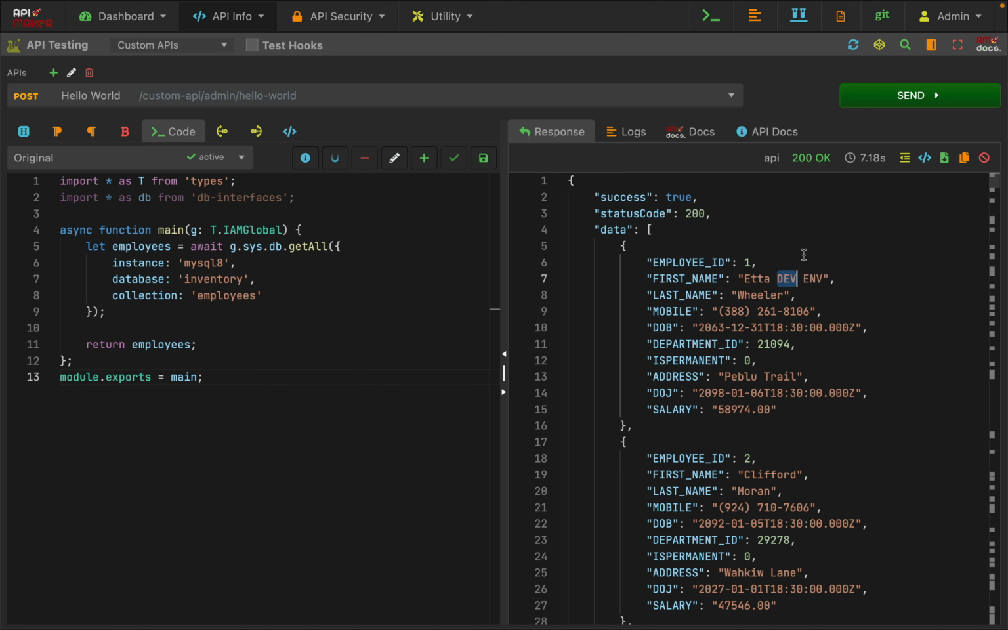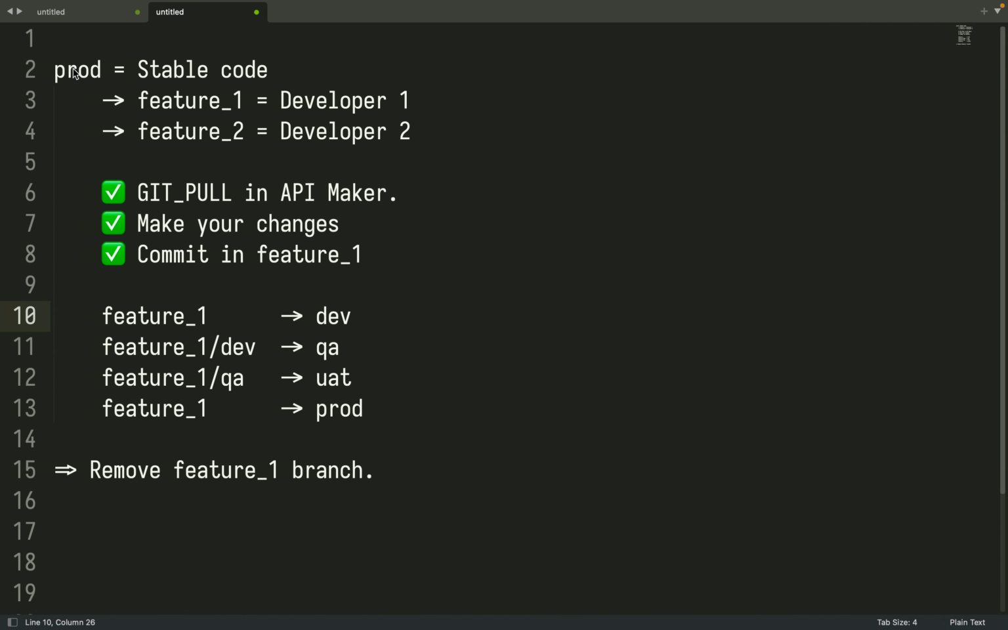While working with Git, you can follow the standard practice. You can keep all your stable code inside the prod branch. Developers will create their feature branches from the production branch, and they will work on the feature 1 branch. After creating new branch, they will do git pull in API Maker. They will make their changes and they will commit inside the feature 1 branch. After that, that feature 1 branch will be merged with a dev branch. That dev branch will be merged with QA, QA to UAT, or feature 1 to UAT, like that, and at the end that feature will be pushed into production. And after that push, you can remove the feature 1 branch and again start from line number